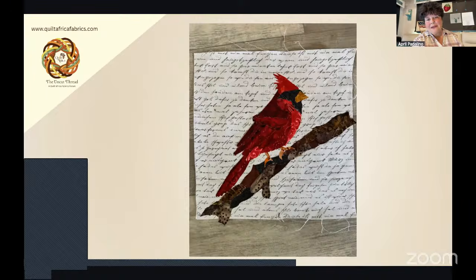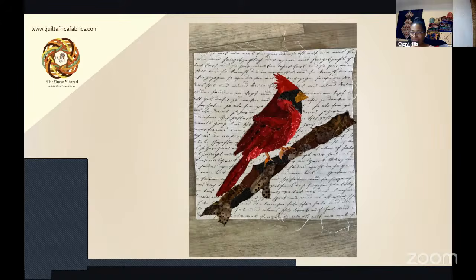I will not make those any longer. The only thing that sells is my embroidery designs and my fabric collage, and my fabric collage are my favorite because that's where I can be creative and I can really use my art.